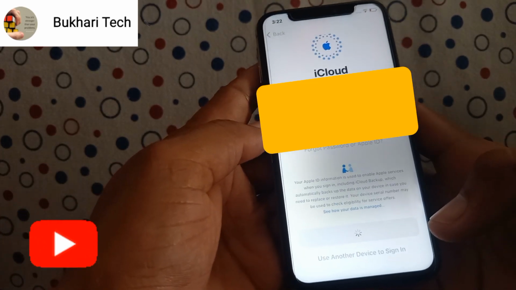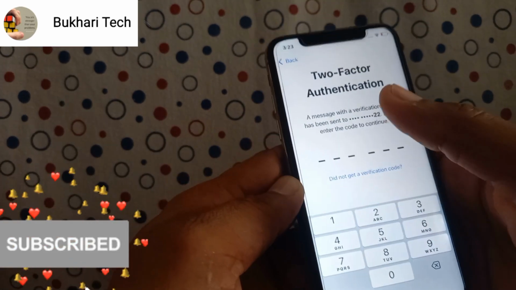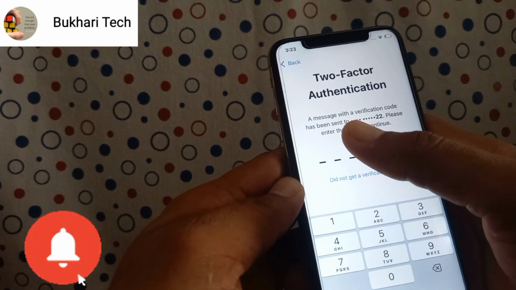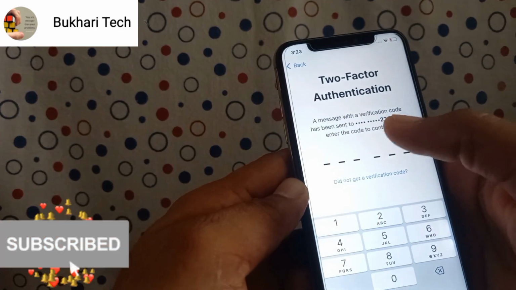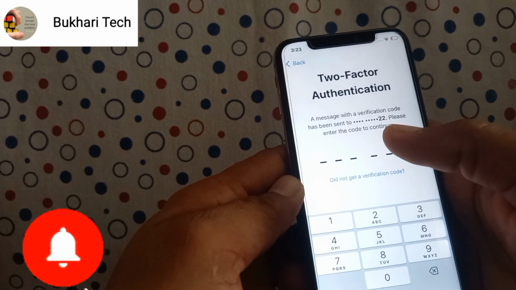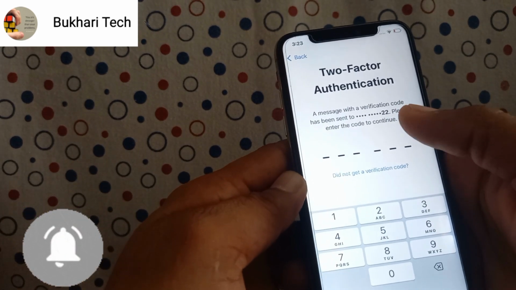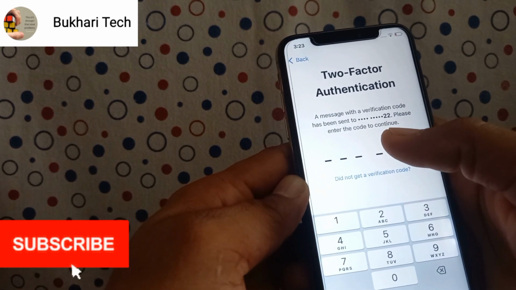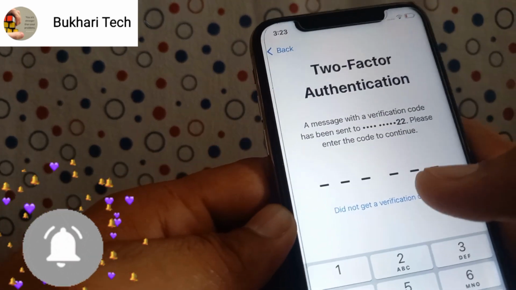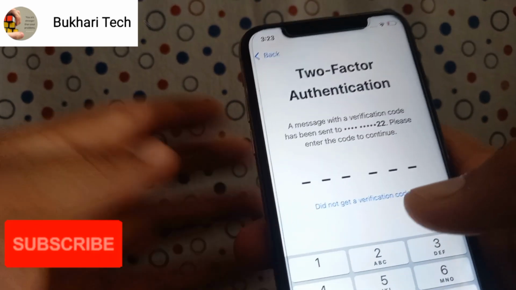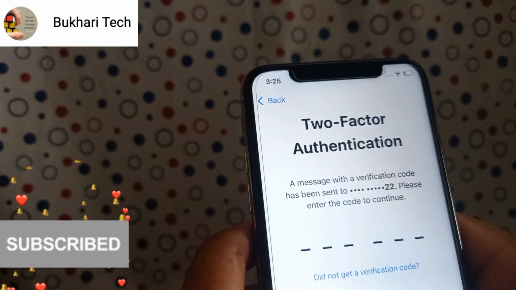Wait a few seconds. So friends, two-factor authentication. A message with a verification code has been sent to your linked mobile number. Please enter the code to continue. So you have received a message from Apple ID. So enter your code.